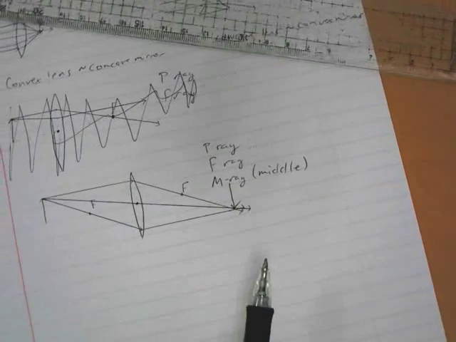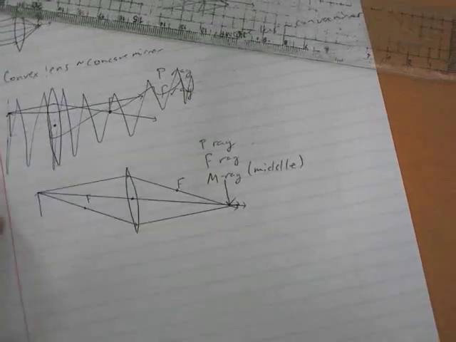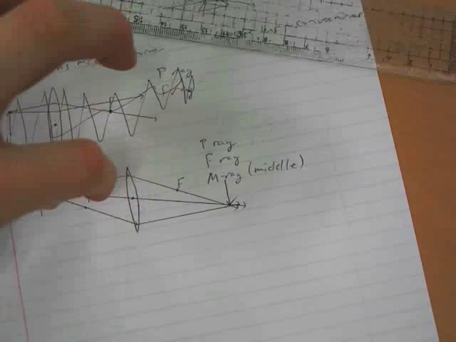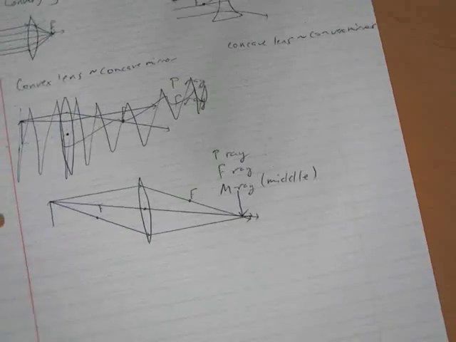And actually, it won't always be. In this case, it appears about the same size as the original object, and that happened to work out because it's about twice the focal length away. It could be enlarged or it could be reduced depending on how far out that ray is. All right. Now let's look at another